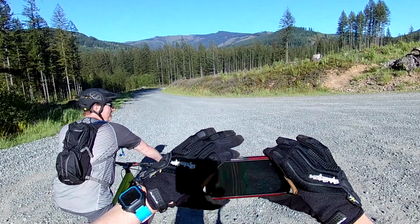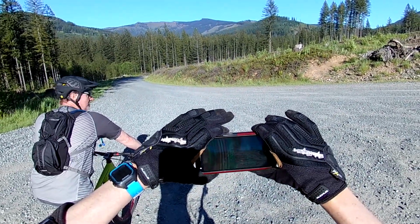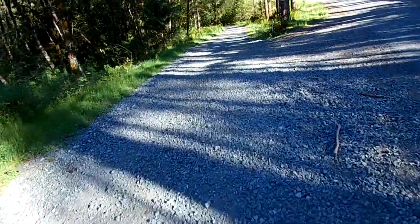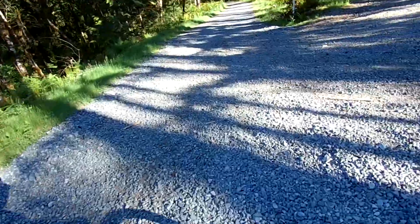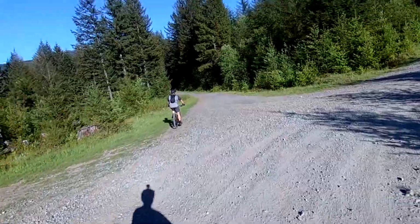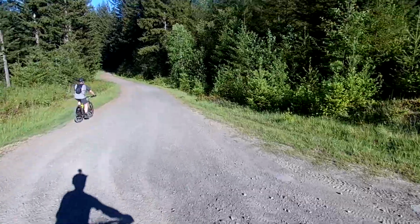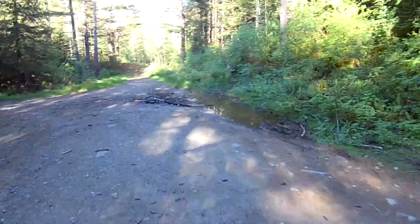Turn left again on the L1200 road at the gravel intersection with the nice view of Silver Star Mountain. After about a mile, you'll come to this intersection with the 1210 road, where you'll turn left. Now keep going until you get to the intersection with the 1210A. Go left again and ride for about another quarter mile until you reach this dead end, where there's usually a